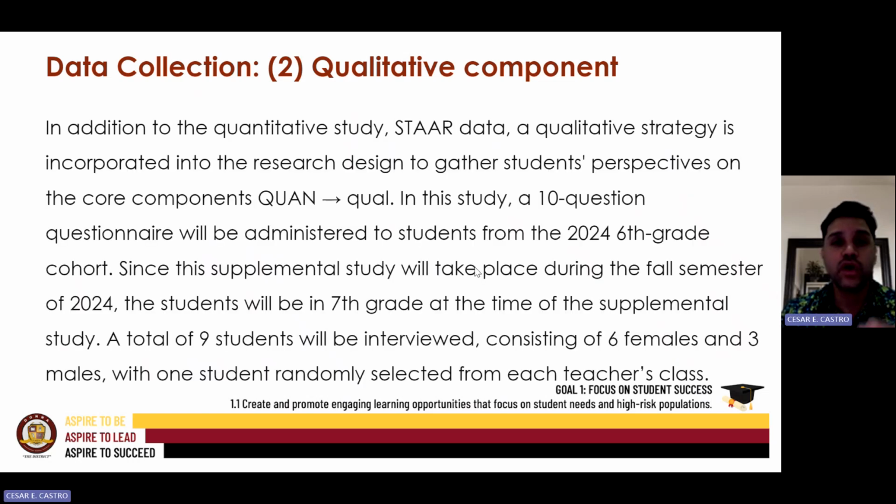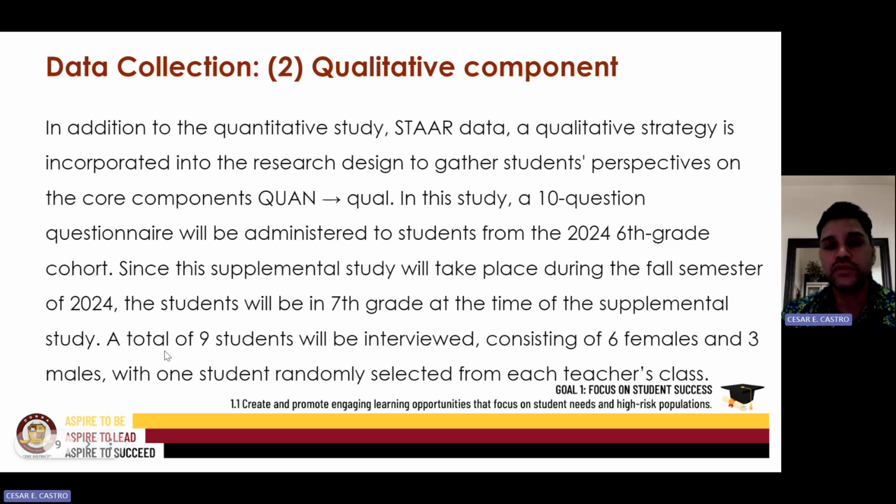Now, in addition to the quantitative study on the STAR data, a qualitative strategy is incorporated into the research design to gather students' perspective on the core components. So it's a quantitative and then sequential qualitative. In this study, a 10-question questionnaire will be administered to students from the 2024 cohorts of sixth grade